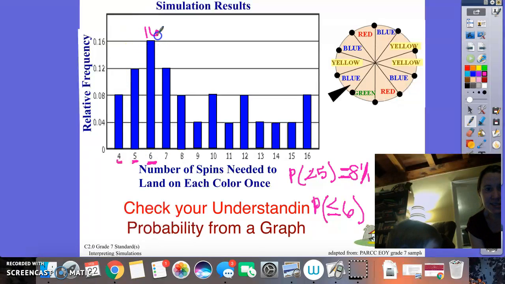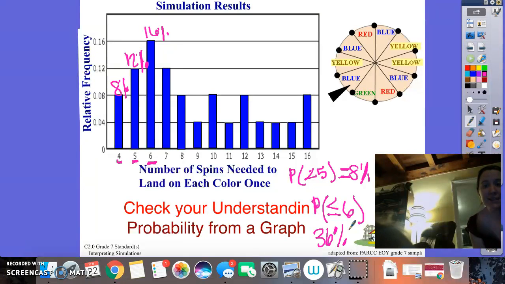So I would say 16% plus 12%. So far I'm up to 28%. Plus 8% means there's a 36% chance that it will take fewer than or less than or equal to 6 spins, or at the most 6 spins. And this was just a quick overview of the last couple